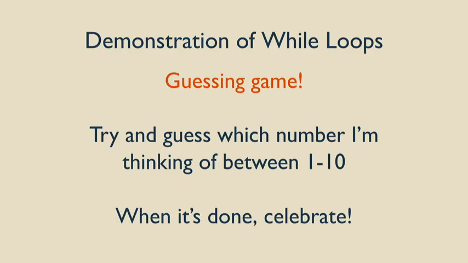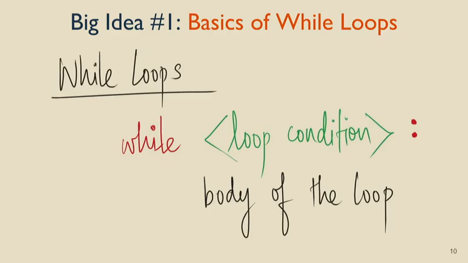So what we did here is that I didn't stop asking all of you what number I was thinking of until we found what it was. If we had a while loop, I'd say while you have not guessed my number, I'm going to keep on doing something. And what was I doing? I was asking, what's my number? What's my number? And I didn't stop until we found the number. And as soon as we found the number, we can leave the while loop. Okay?